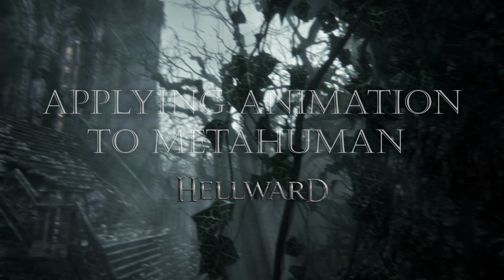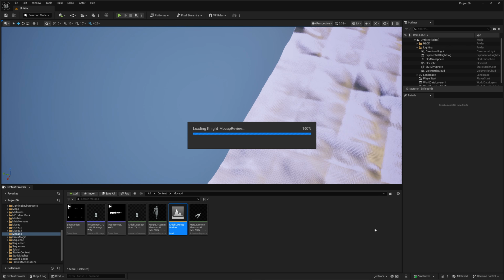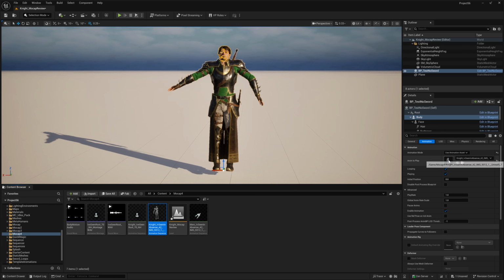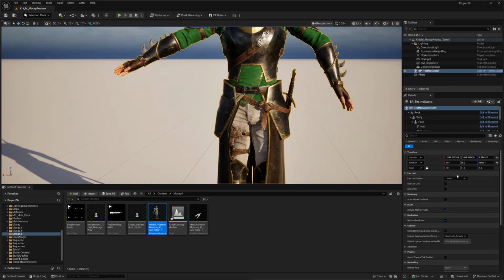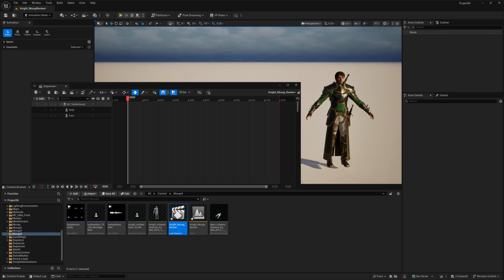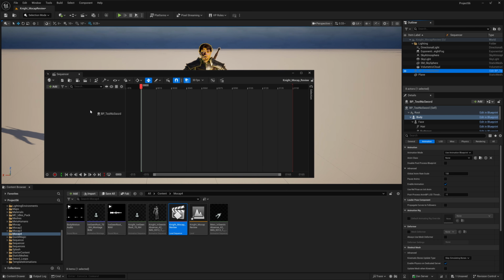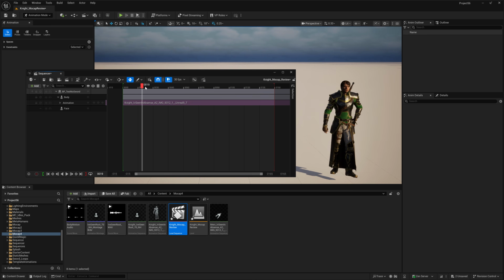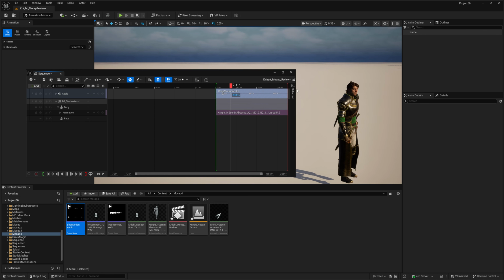Now that we're in the main project, I want to see how everything holds up on the final MetaHuman. There are a couple of ways to preview this. You can assign the animation asset directly to the MetaHuman for quick previewing, but I prefer working in a level sequence. I usually name it the same or similar to the level so I know which one it's associated with. And then I drag in my knight and delete the control rig. Then we'll import the animation from QuickMagic and more importantly the audio from the original video that's synced to it.